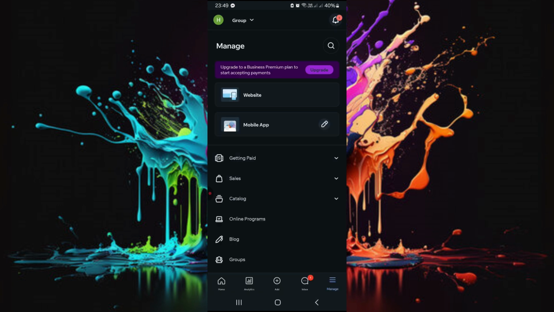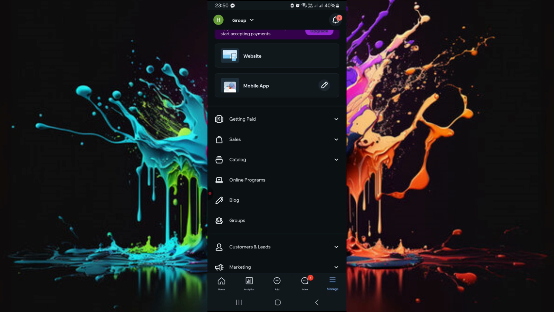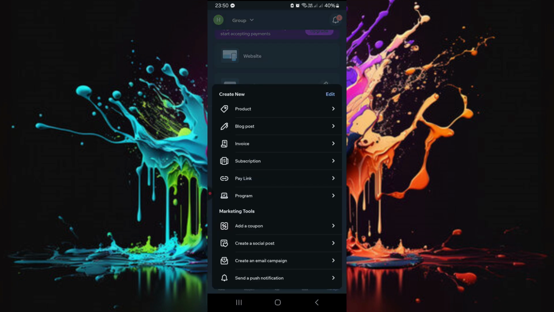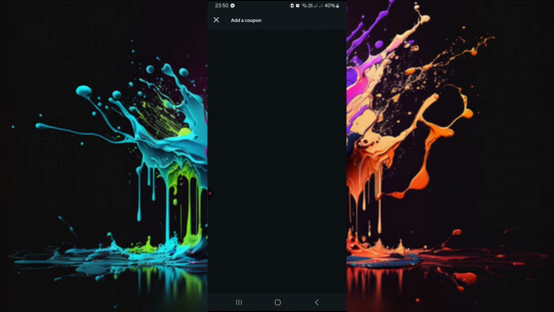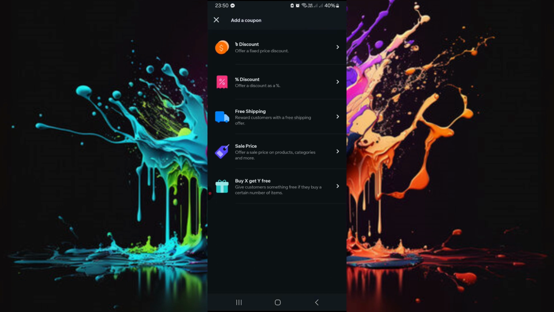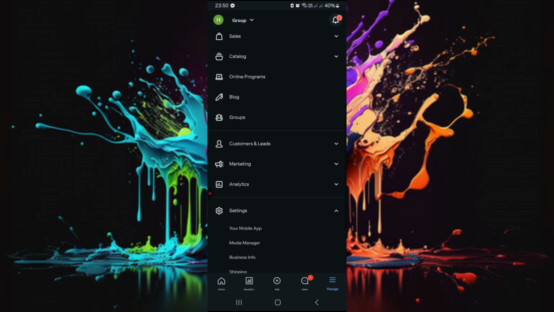And then if you tap on the plus icon again and select add a coupon, you can add a coupon to the website. You can add a discount coupon, free shipping coupon, or sale price coupon. Also, you can